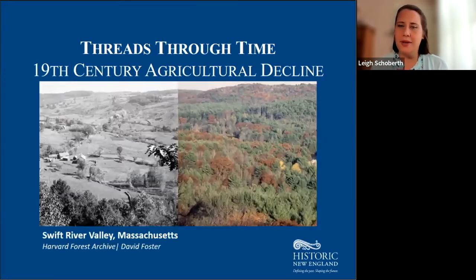But stone walls in part also contributed to the decline of farming in New England. By the 1850s, there were about 168,000 small family farms in New England and New York. About 75 to 80% of the region had been cleared and farmed at this time. The region's small fields that were adequate for the subsistence farming for generations